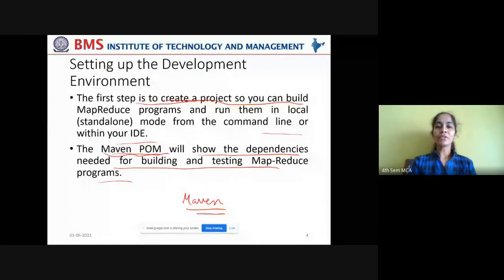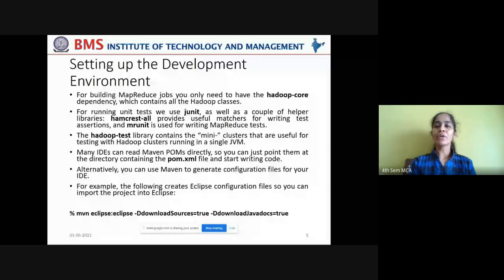For building MapReduce jobs, you only need the Hadoop core dependency, which contains all the Hadoop classes. So if you download this Hadoop core XML file, it will support all the dependencies required to execute a MapReduce job.